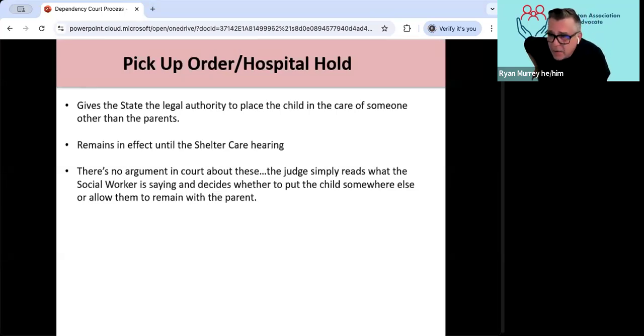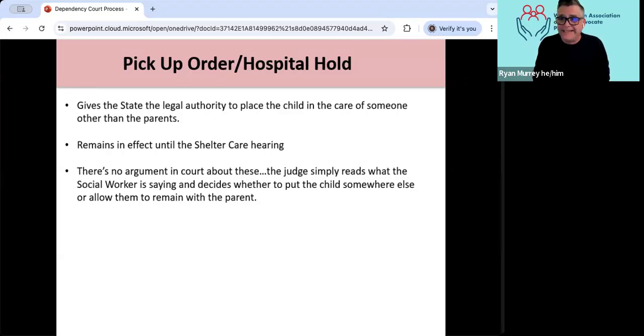So what those temporary orders allow is the court gives the state authority to say, kid can't go home, and here's where they need to be instead. One of the other things I want to make sure that you're aware of with these pickup orders or hospital holds, there's no argument in court.